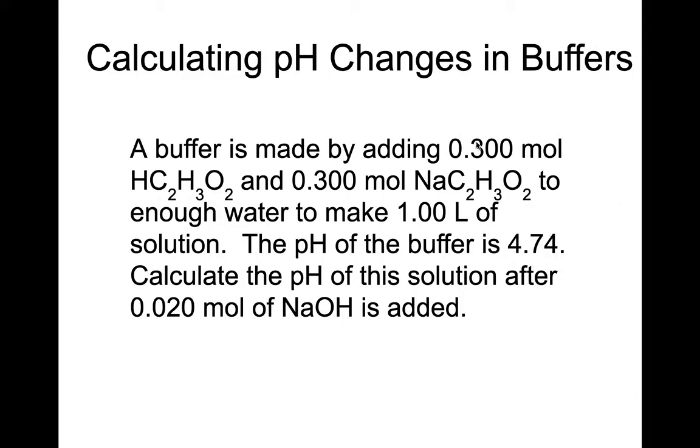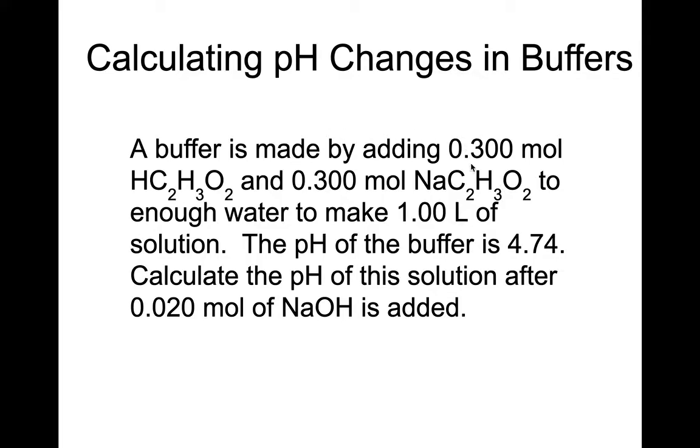And just to review from yesterday, how this buffer is working is since we have dissolved sodium acetate, the sodium makes this a strong electrolyte, so we would expect that we have 0.3 moles of sodium and 0.3 moles of the acetate ion in our solution. Since the acetate ion is the conjugate base of acetic acid, that means not much of the acetic acid is going to initially dissociate because we already have a common ion. And so when we get to equilibrium,